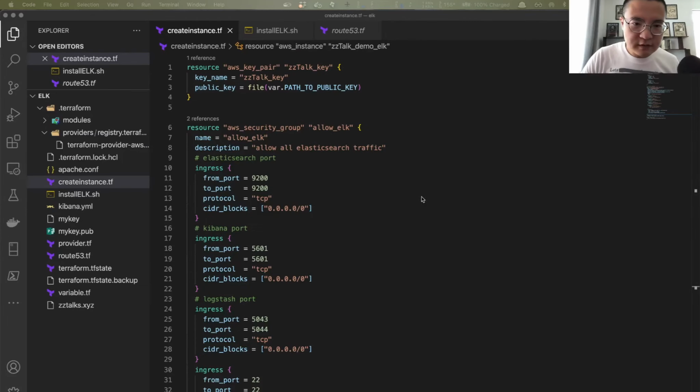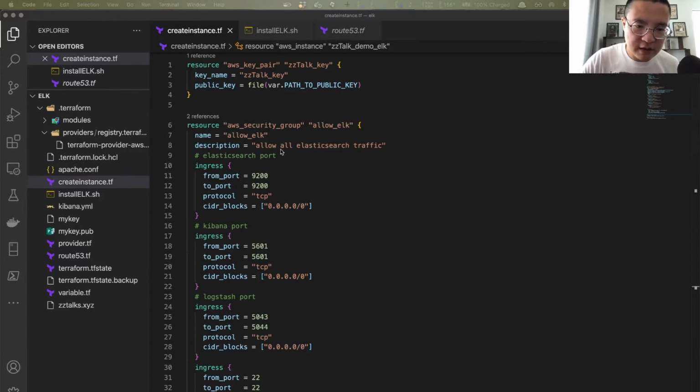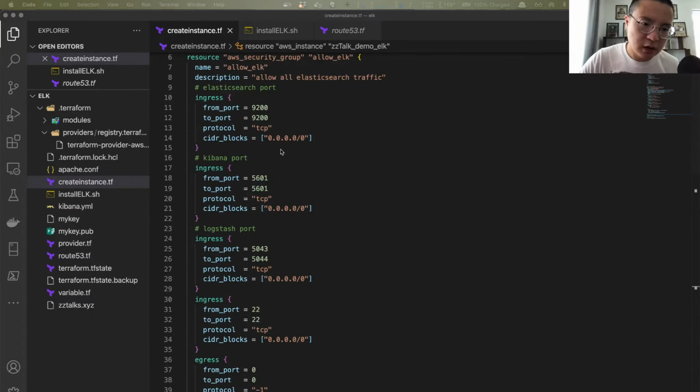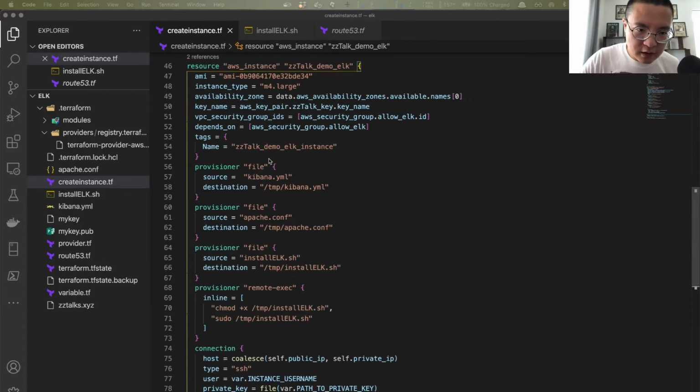All right, let's firstly take a look at this create instance Terraform, compared with the one that I created in the last session. This time I did not use the AWS module to spin up the EC2 instance because I wanted to refer to the old code base that I created in the previous session, specifically this section,